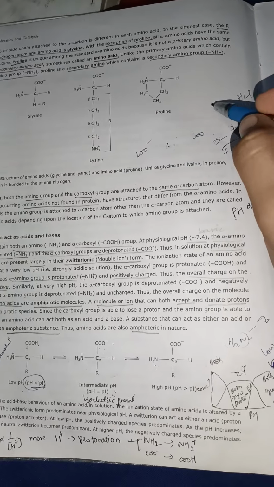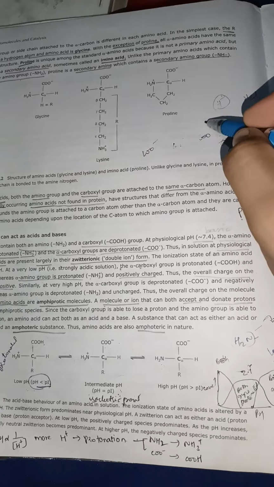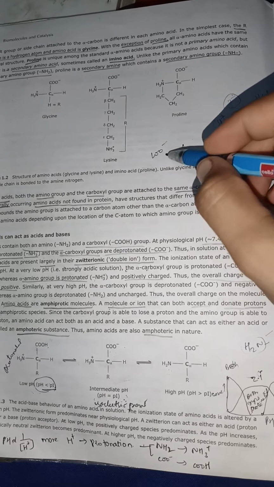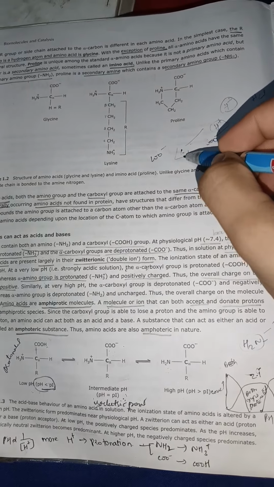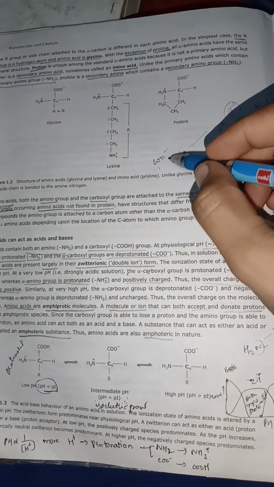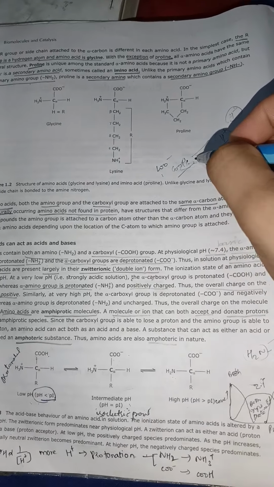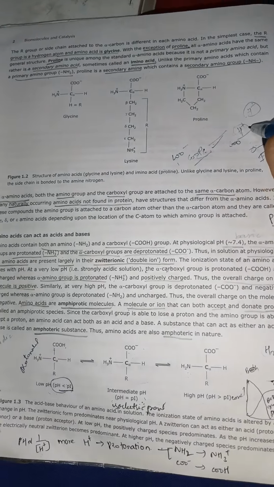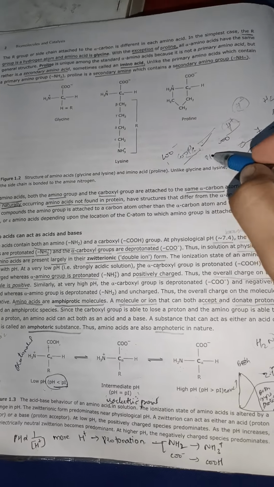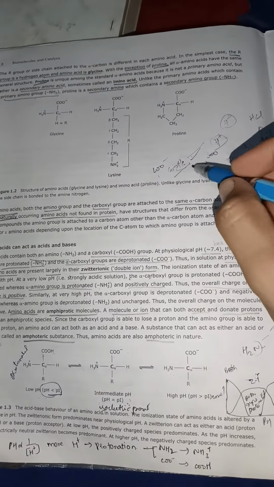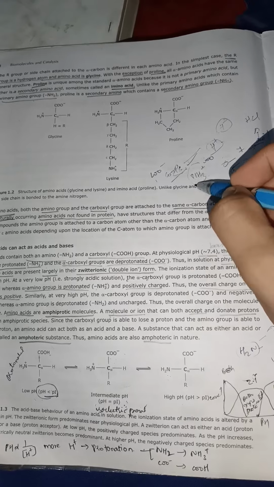Because when we are saying acid, between pH 0 to 7, H plus is more, these protons are more. So when you get a solution full of protons, the COO minus will change to COOH, so that's why we call it protonated COOH group. And NH3 plus is already protonated, so here we have a positive charge, and